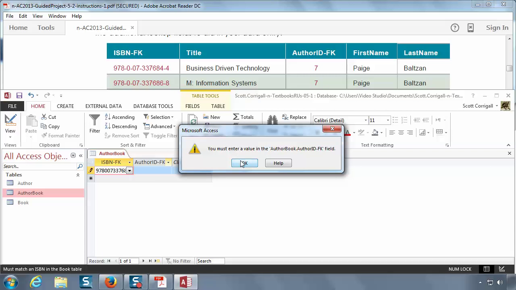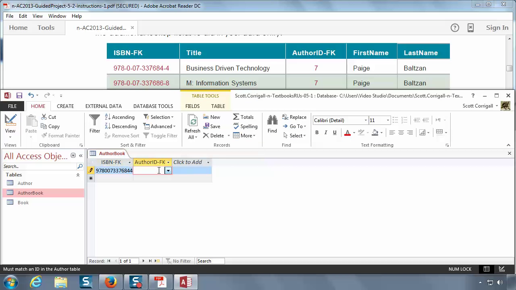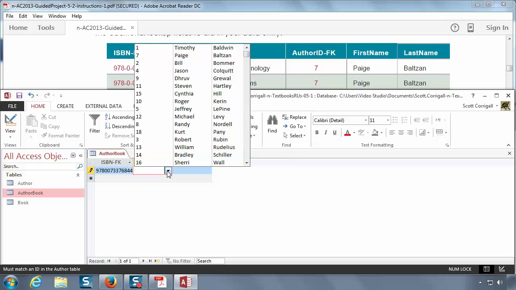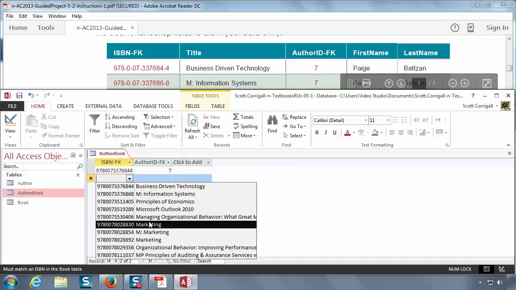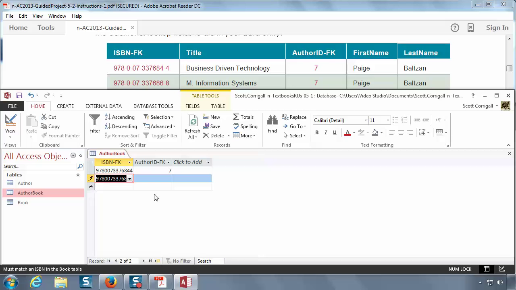I think I'm going to get trouble over here because I'm using video at the same time. Don't worry about those warnings. You shouldn't have them on your side. I switched to the author ID. Now we have to just find Paige Baltzan in the list. You'll see it does list the keys over here. That seems meaningless, but we leave them in. We say Paige Baltzan wrote it, and it'll choose the 7 for us. Now we hit enter, and we can move on to the next book. M Information Systems was written by the same author, Paige Baltzan,